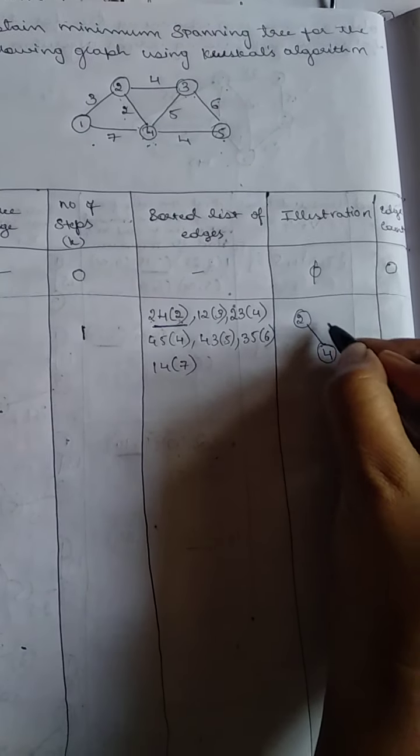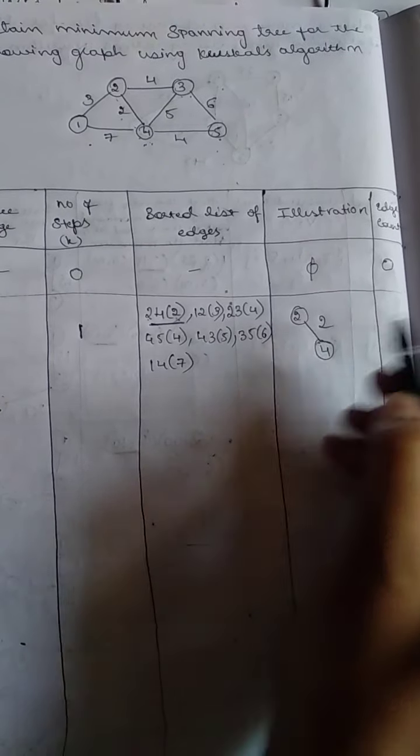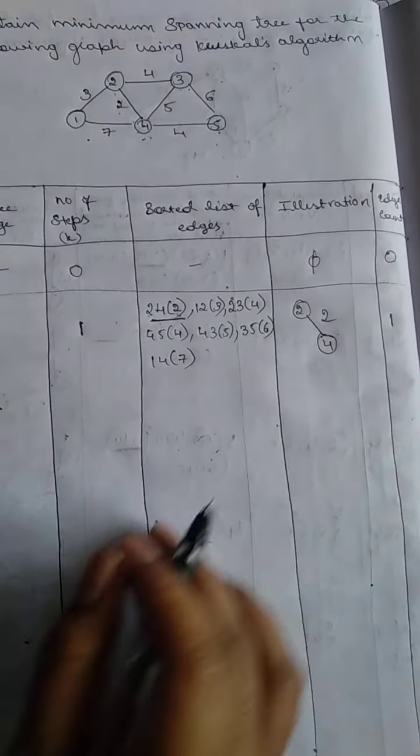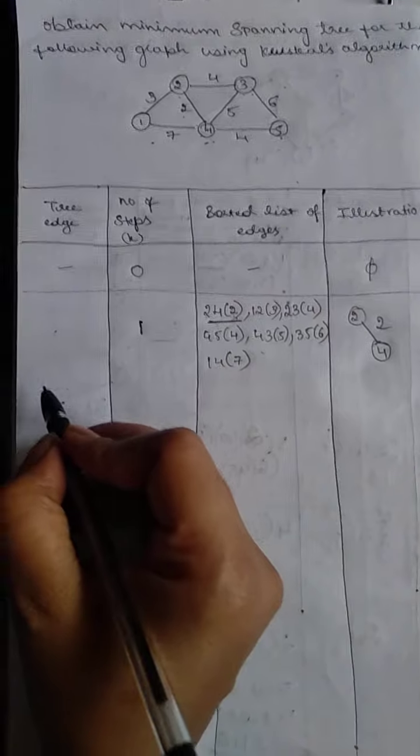From 2 to 4, the weight is 2. What is the edge count? One edge it has added now. So it is 1. Okay. And then